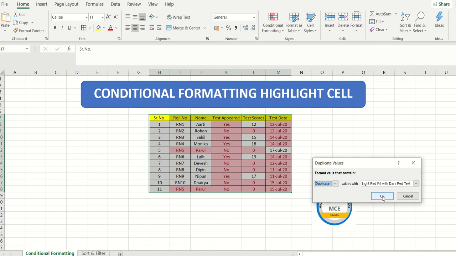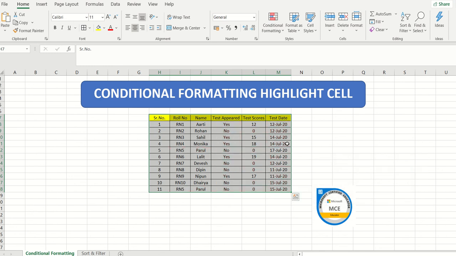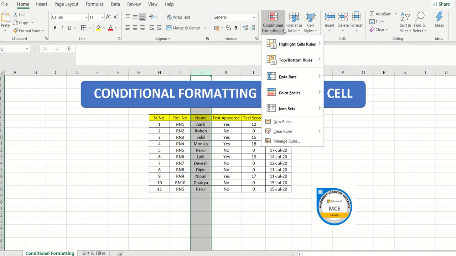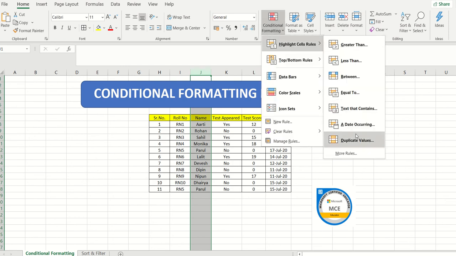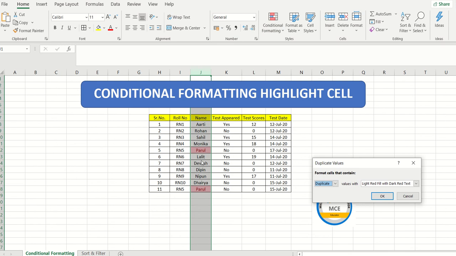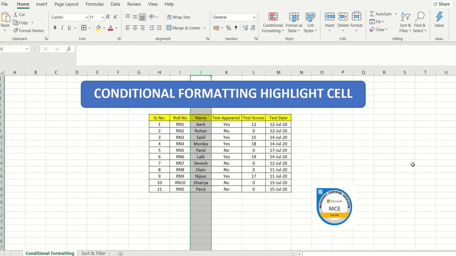So here you have to restrict your conditional formatting. I need to put the conditional formatting only on the name, because if by mistake I have put the entry twice for a specific person, I will go to the duplicate value section, and now you can see that it is telling me I have punched in the name Parul twice with the same roll number. You can go ahead and delete this value from your given data set. So this is all about conditional formatting, highlight cell rules. We have only touched the first part.